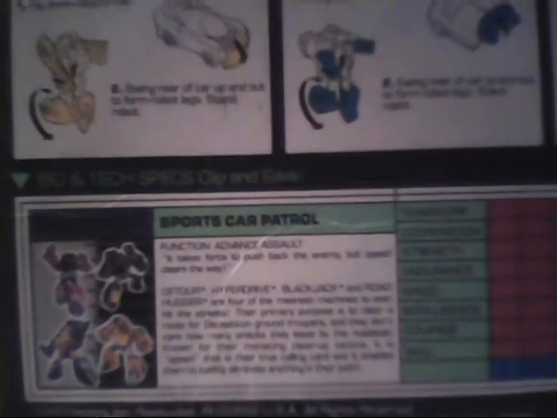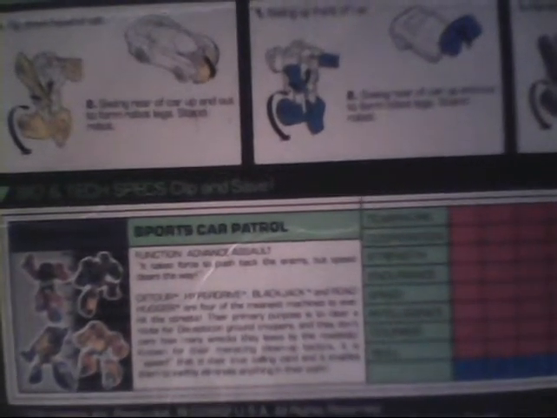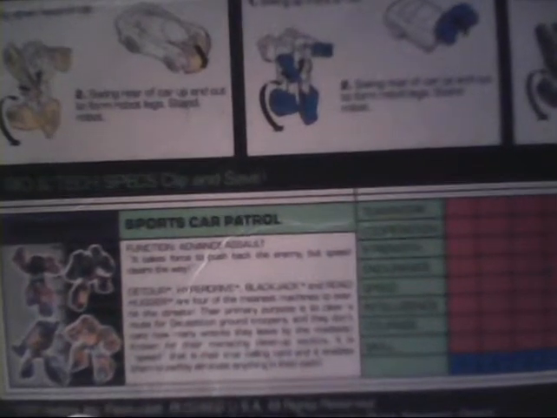It lists their name as the Sports Car Patrol and lists their function as Advance Assault. Their motto is, "It takes force to push back the enemy, but speed clears the way." Detour, Hyperdrive, Blackjack, and Roadhugger are 4 of the meanest machines to ever hit the streets. Their primary purpose is to clear a route for Decepticon ground troopers, and they don't care how many wrecks they